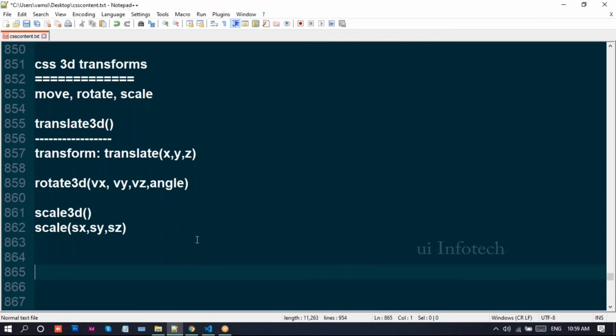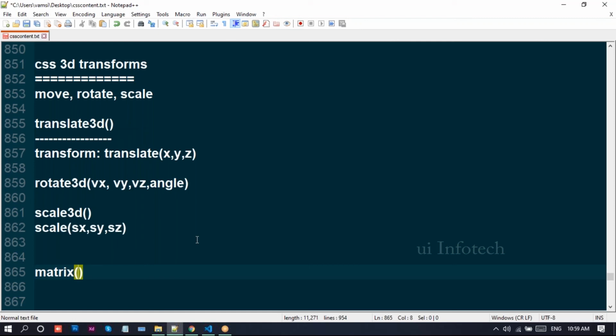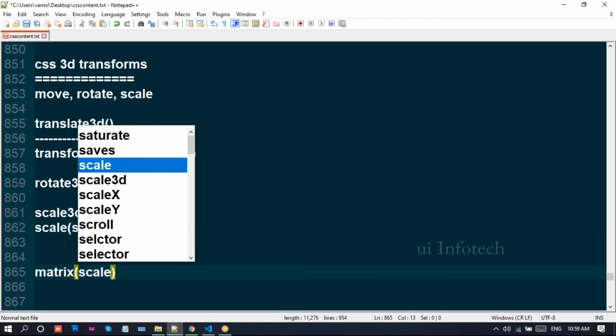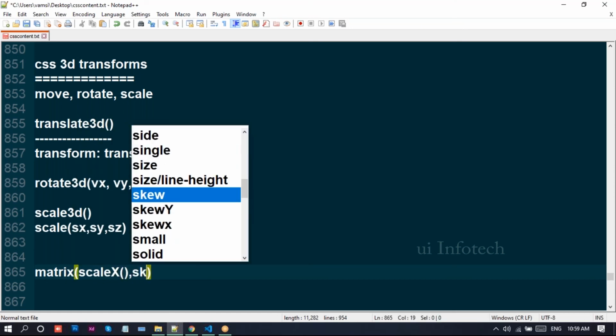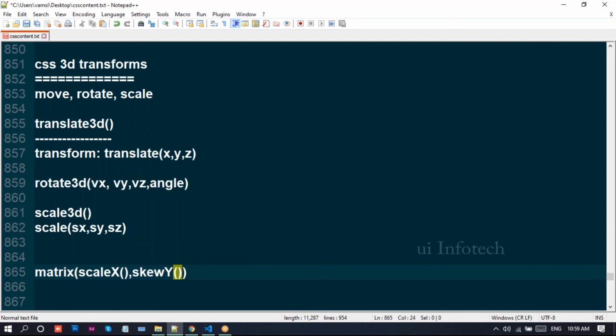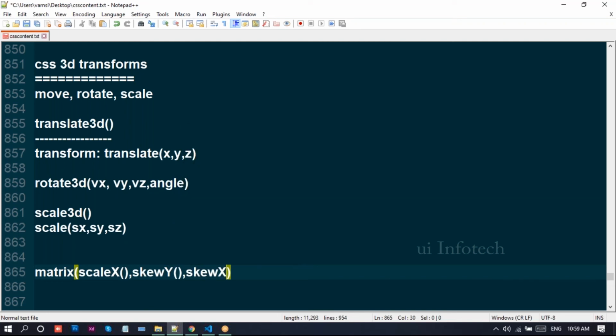So in this matrix, we can write the syntax like this. Matrix: scale x, comma, skew y, comma, skew x, and scale y.